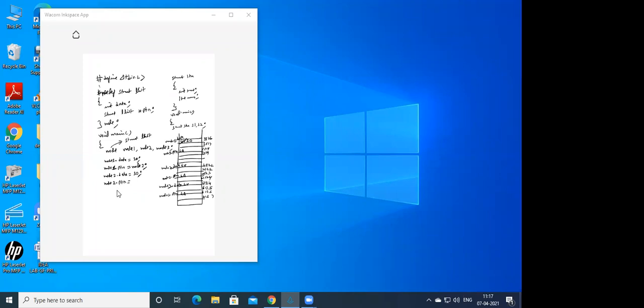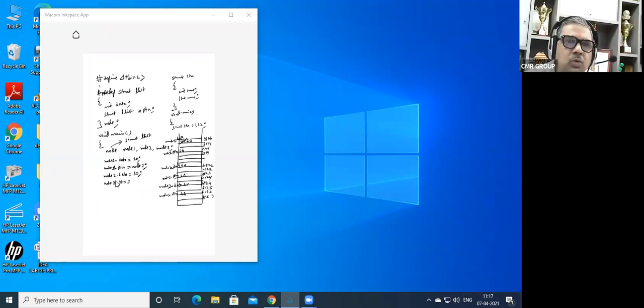Node 2 dot ptr. How to access the data? Node 2 dot data. For example, for node 1, node 1 dot data is equal to 20, which I have assigned. But now I am assigning the address of node 2 to the address part of node 1. Please listen once again. I want to assign the address of node 2 to the address part of node 1.